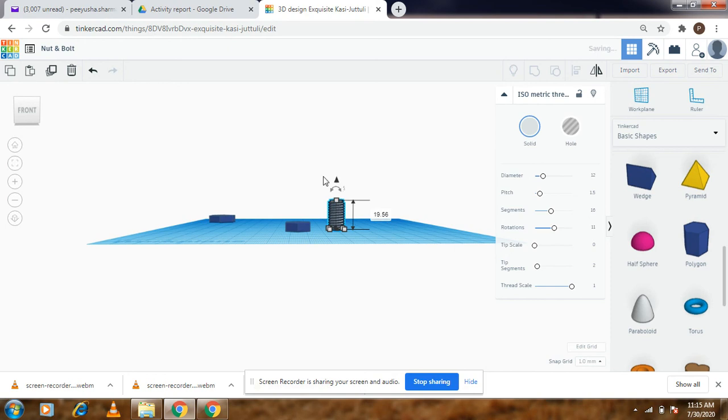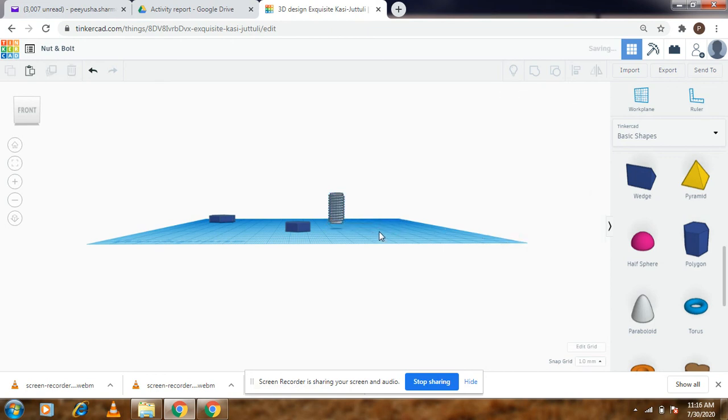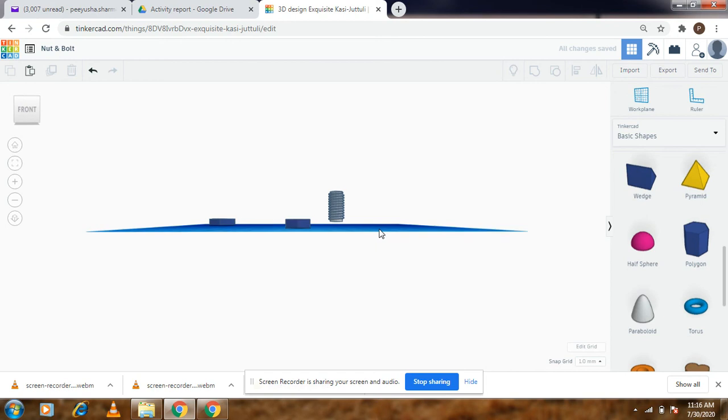If you want to move it above the work plane, you'll have to click on this triangle right here. Clicking on this, this particular box will let you know how far above the work plane it is. So since I want it to be 4, I will manually enter the height to be 4, and you can see it is now 4 mm above the work plane.